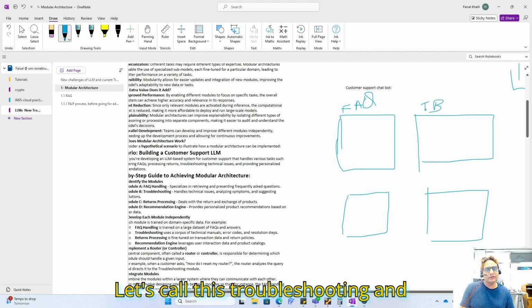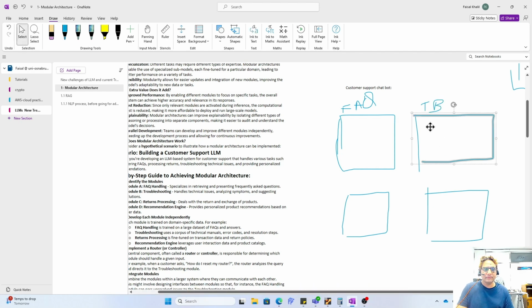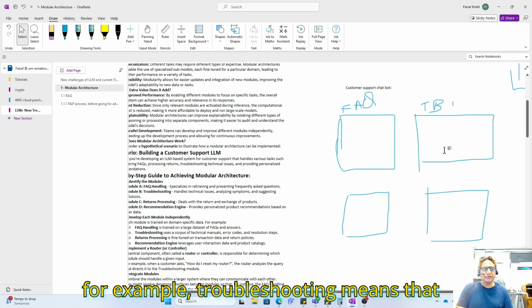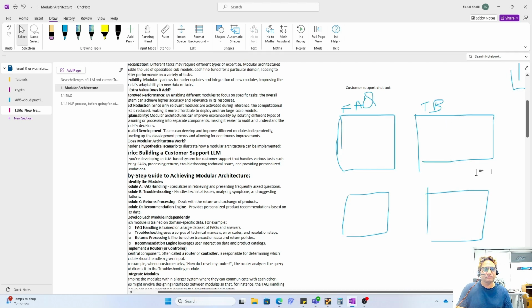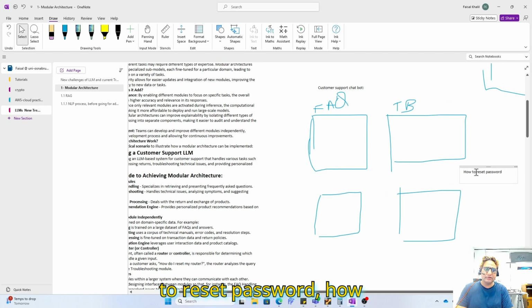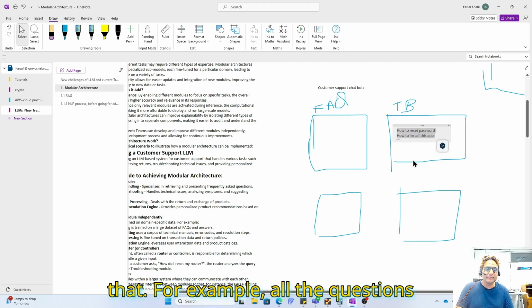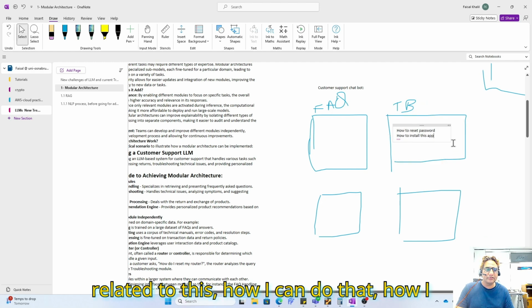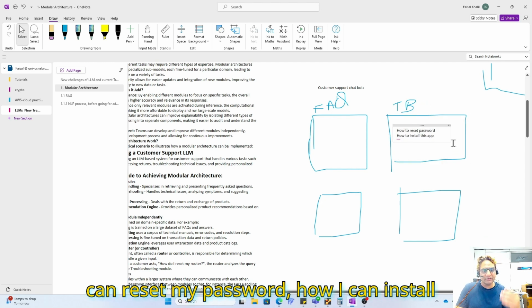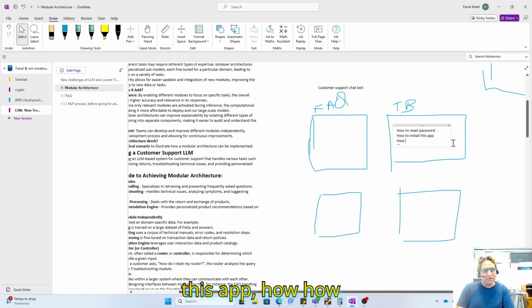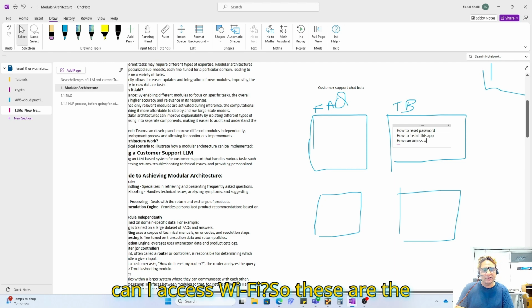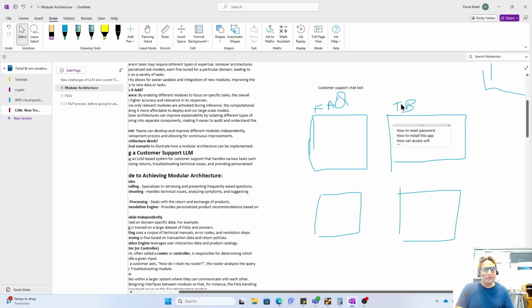Let's call this troubleshooting, and troubleshooting means how to reset a password, how to install this app, something like that. For example, all the questions related to this: how I can reset my password, how I can install this app, how can I access Wi-Fi. So these are the troubleshooting problems.